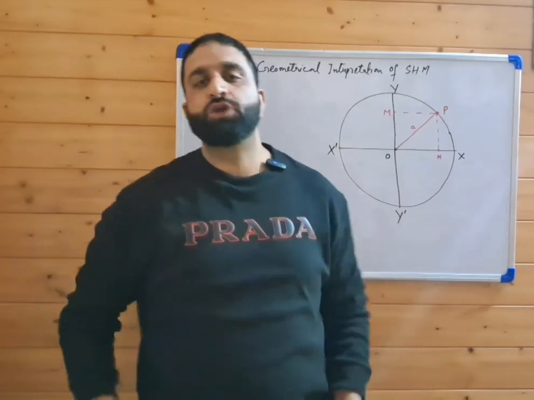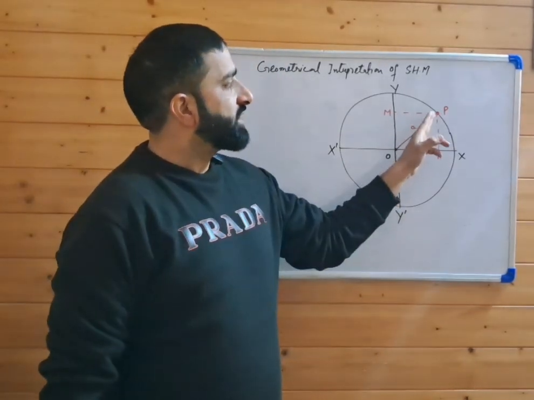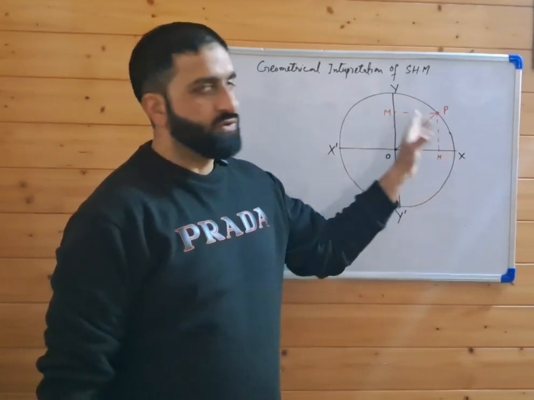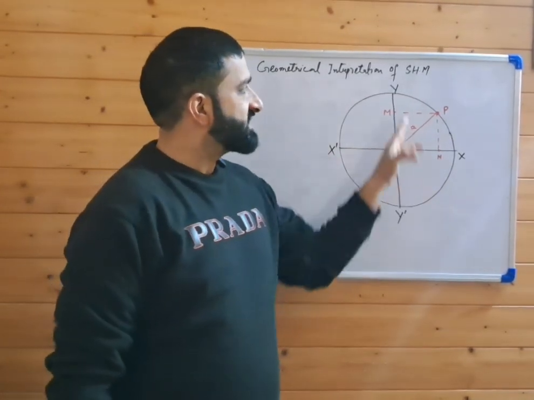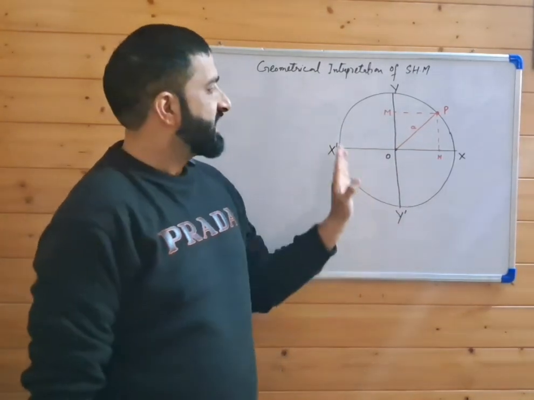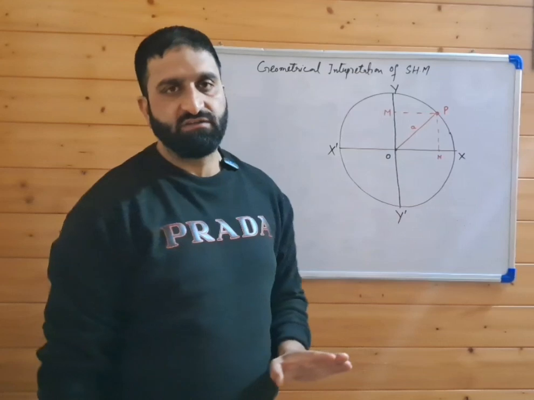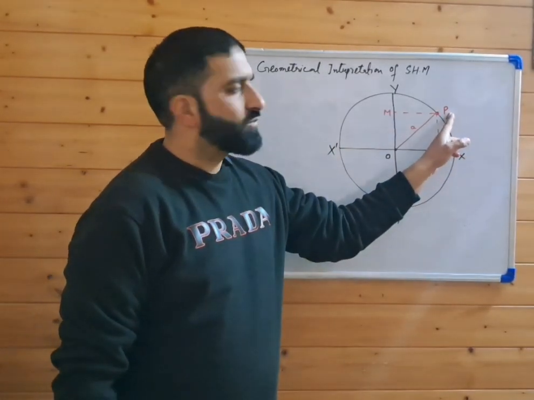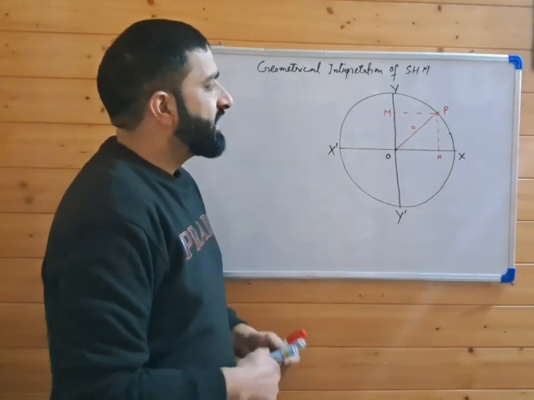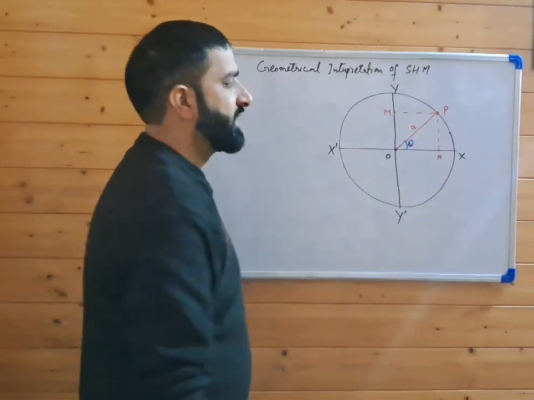Let us go through the geometrical interpretation of simple harmonic motion. Take a particle P having uniform circular motion about a circle of diameters XOX' and YOY'. XOX' is the horizontal diameter and YOY' is the vertical diameter. At an instant of time, the particle is at point P and let it make an angle of theta with the